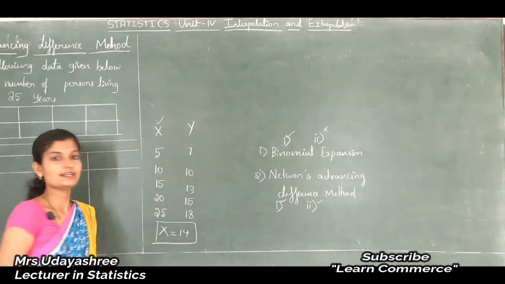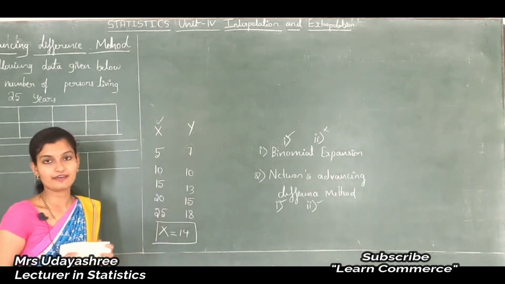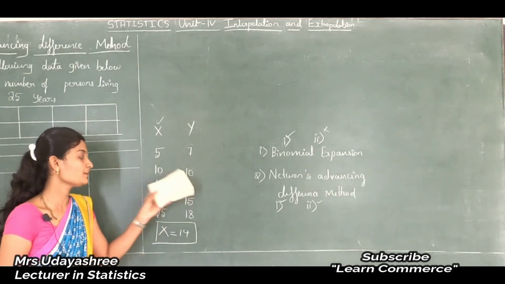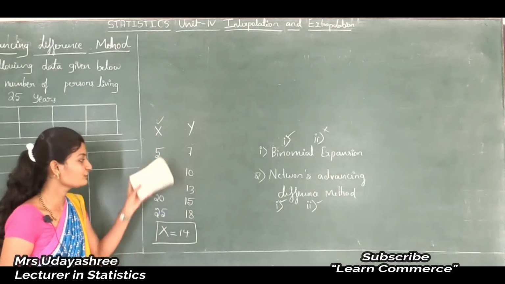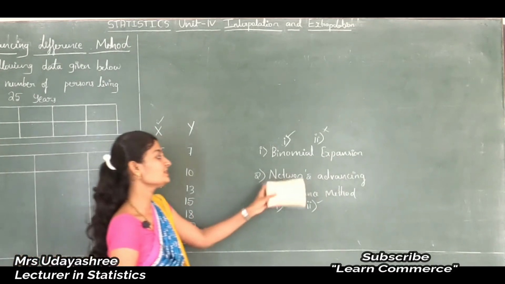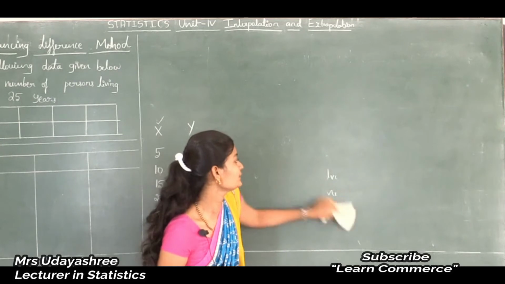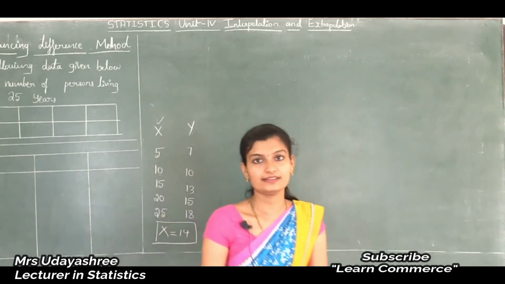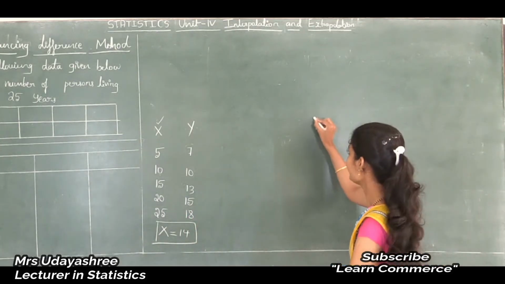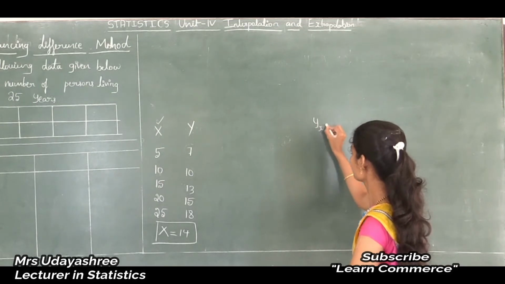So in this case, how to find out that missing value? So that interpolated value, how to find? To find that value we use Newton's method formula. So that Newton's method formula is like this, that is yx is equal to